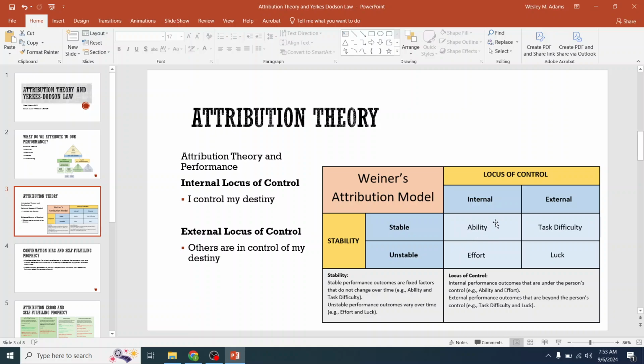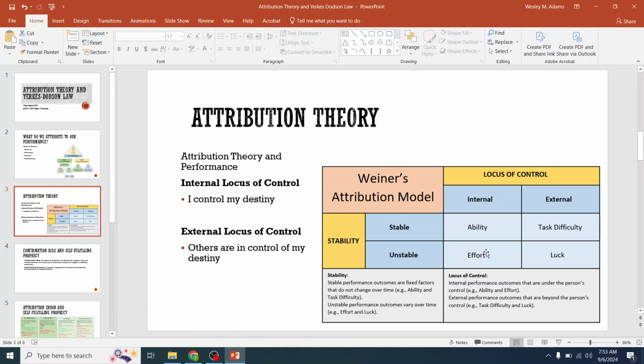Let's go back to internal locus of control and look at why ability is considered stable. It will change over time. You can boost your ability for subject matter by learning more about it, but it takes time. Whereas effort is connected to motivation, meaning motivation is going to fluctuate. Some days you'll be sick, some days you just don't feel like learning that task, you have trouble getting out of bed, getting to class, have a flat tire.